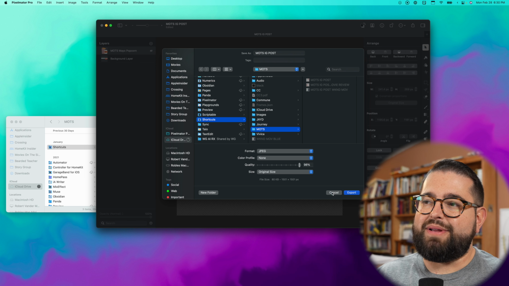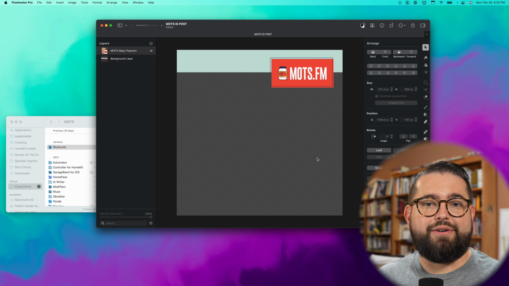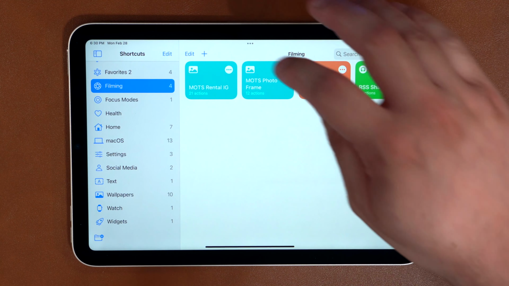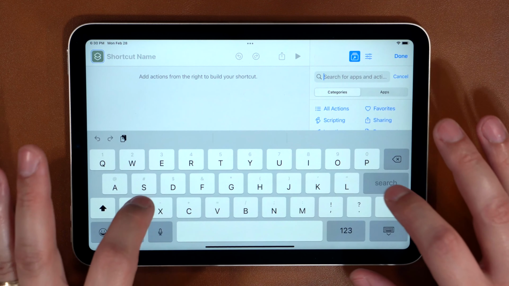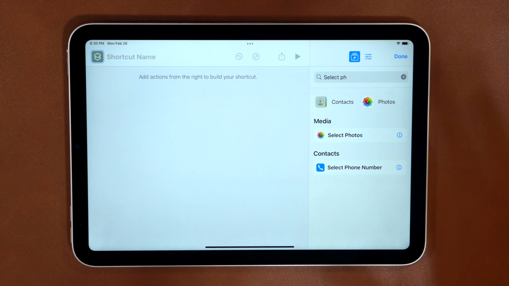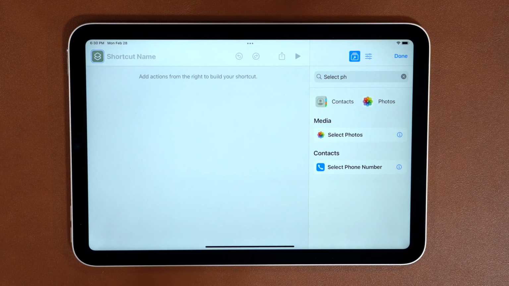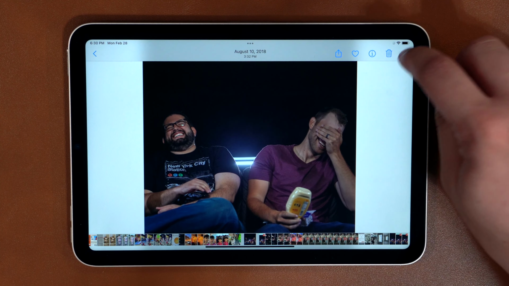So once you save your PNG file to iCloud Drive, you're ready to make the shortcut on your iPhone or iPad device. So let's create the shortcut from scratch so you can see all the steps. The first step I'm going to use is to actually select a photo. Now you should already have a photo hopefully in your photos on your device, and you want to crop it perfectly square. Remember, in your Photos app on your device, you can crop something perfectly square when you hit Edit,